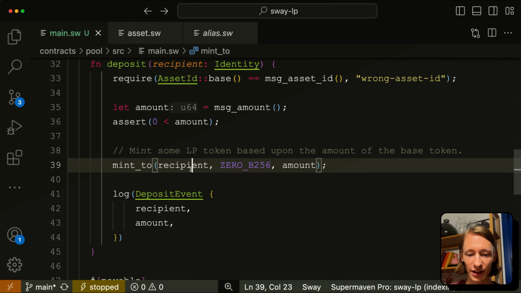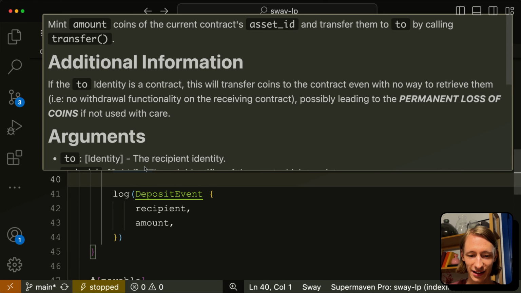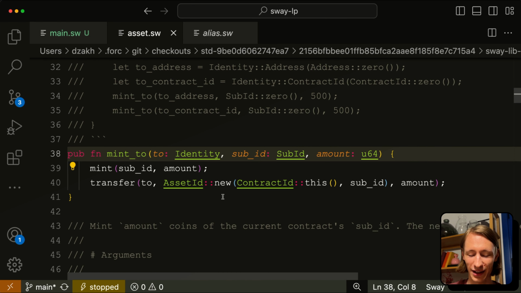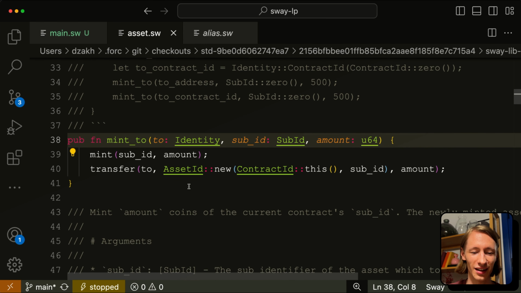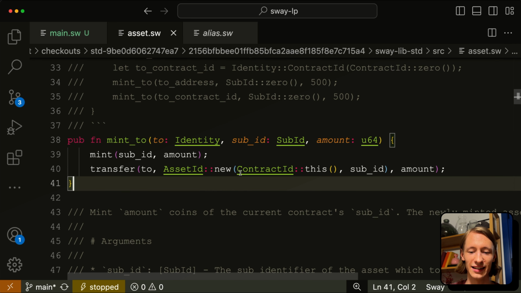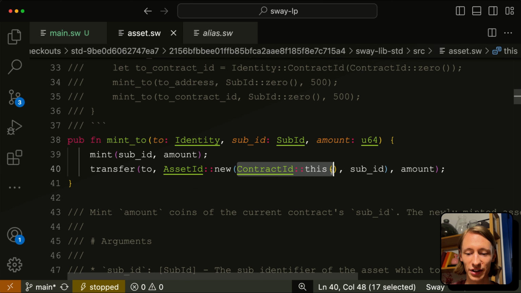the recipient. And to transfer something, you can see that transfer accepts asset ID, it doesn't accept sub ID. And what is asset ID? Actually, asset ID is a combination of the contract address and the sub ID of the asset belonging to the contract. And to get the contract ID